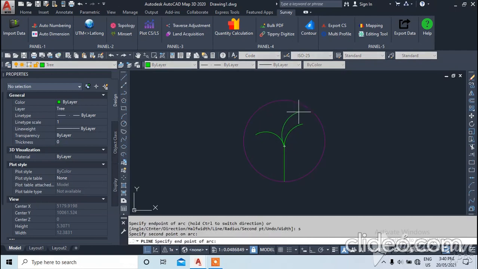Press endpoint, arc, enter. So like this we make one block.